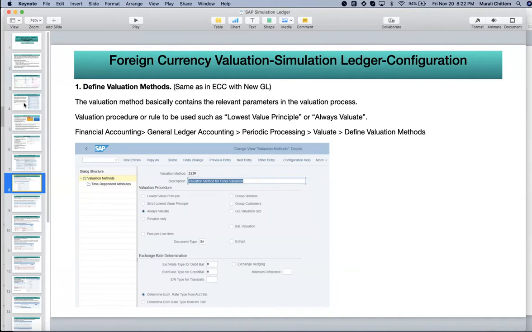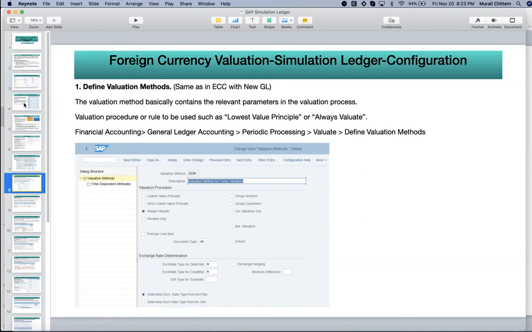But this valuation, what you are saying, is it a little different from that one? No, it is the same. We are going to discuss it in the coming slides. I kept that slide also. There is no difference. That is the same thing. The only thing is, earlier we had only foreign currency valuation settings. Now we have the simulation ledger. How we are leveraging foreign currency valuation into the simulation ledger, how we are going to use that as a report for simulation purposes. Simulation is just to predict what things are happening, but it is not real posting. Yes, it's not real posting.